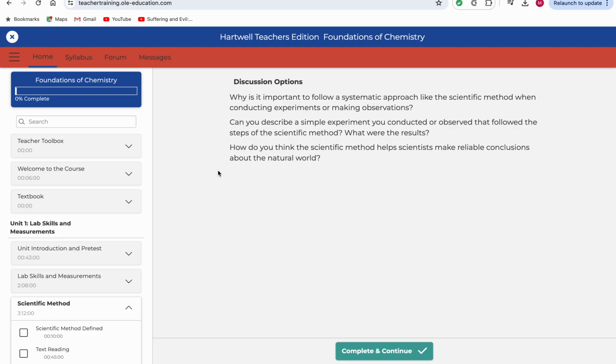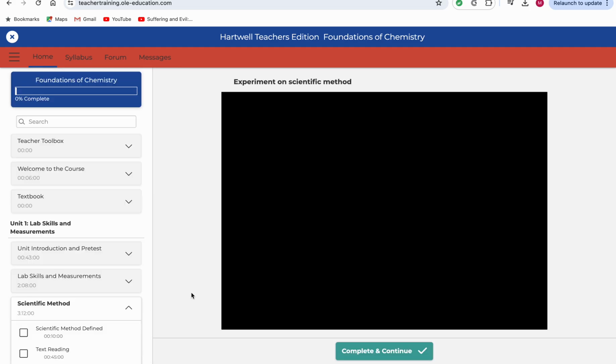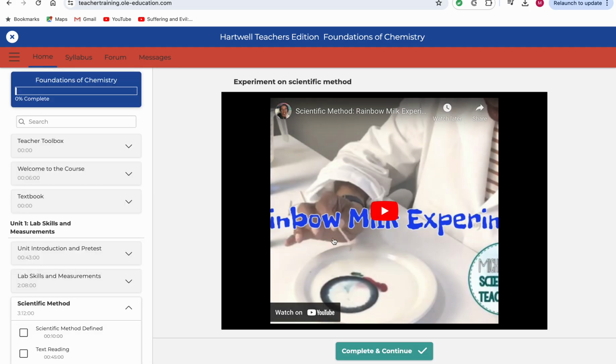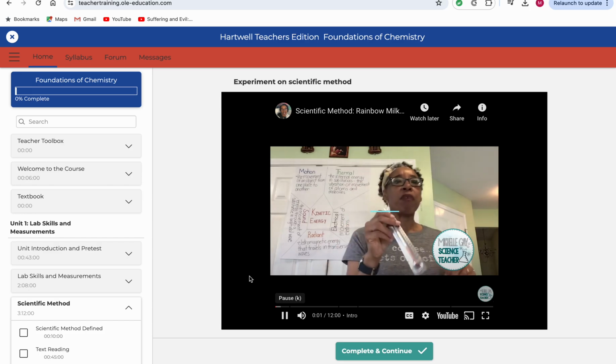You can do this as part of group work, and this is where you go back to your teacher toolbox and think, how can I do discussion and what are some different ways? So this is just something to have to put that in the course right away. Now, I'll also show you this at the same time. It's not a bad idea to already have some nice experiments that you can find right off the bat from YouTube. So this one,